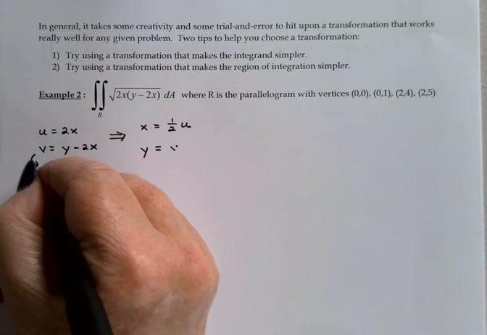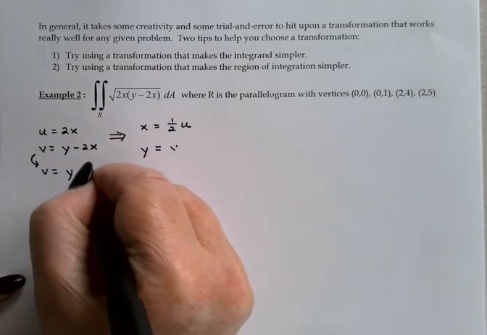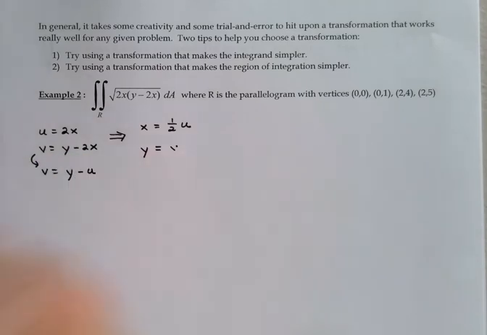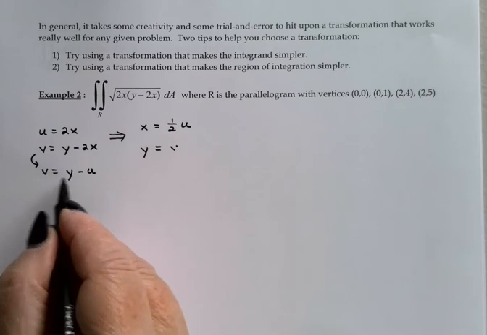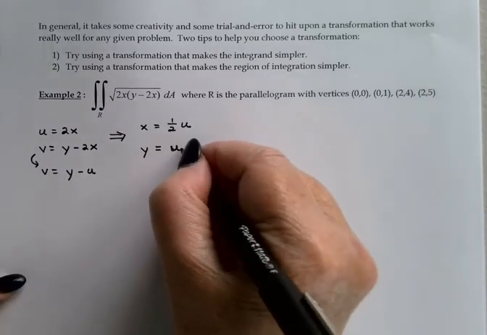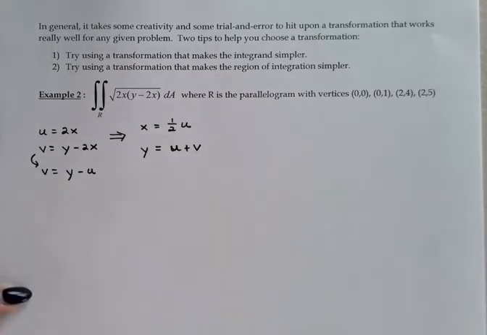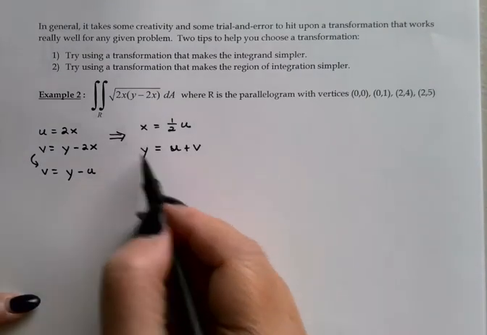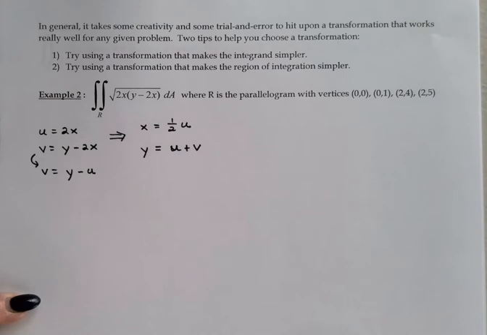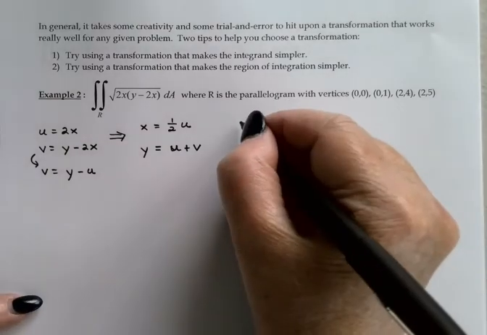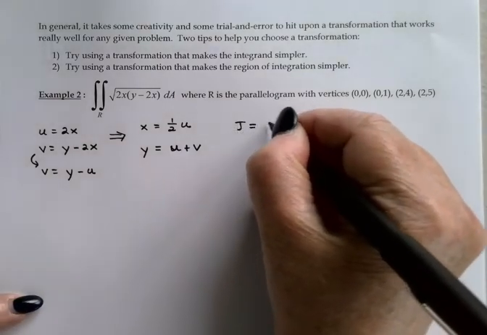So y then would equal v plus u, like so. So just manipulating these two equations until you can get an x equals and a y equals. That then allows me to do my Jacobian,